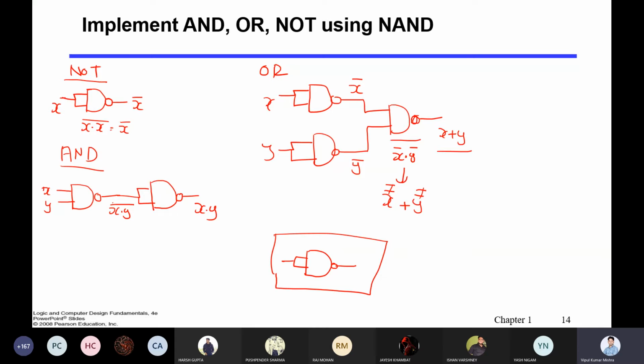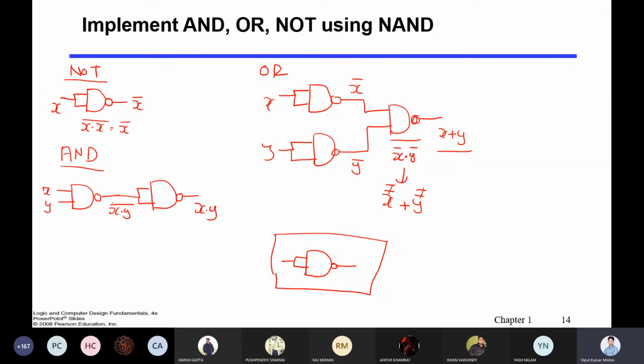So in short, if you have NAND gates in hand, you can make any circuit whatever is given to you. Suppose I give you only the NAND gate, you can still make the entire circuit. You do not need any other gate. One single gate is good enough to make all the circuits.